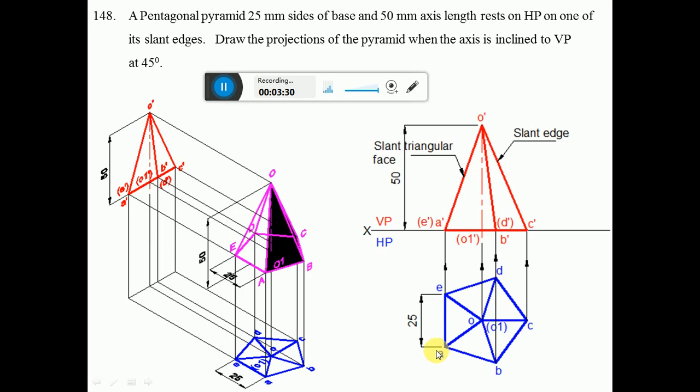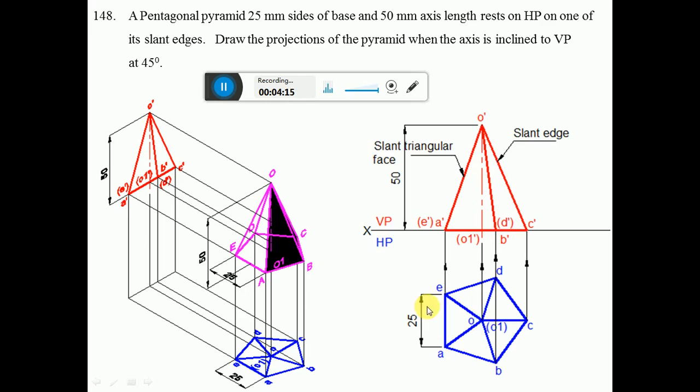Now we need to find the center of the pentagon. To find the center, we have to take the angle bisector. Since the included angle is 108, 108 by 2 will be equal to 54. You measure an angle of 54 degrees with the help of a protractor with center A in the included angle, and then draw a line. Similarly from E also, measure an angle of 54 degrees with respect to AE and then draw an inclined line. These two lines are going to meet at this point. So obviously that is going to be the center point O.